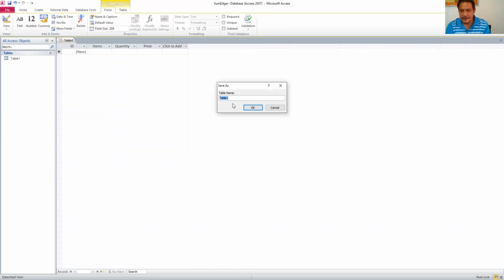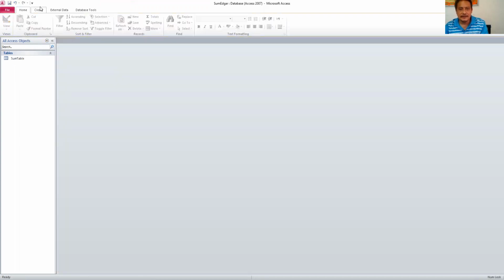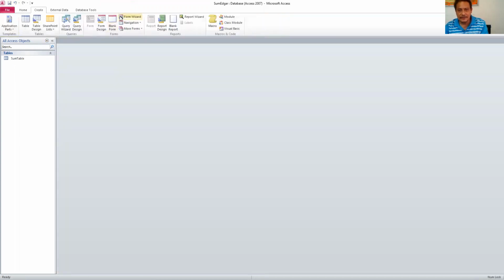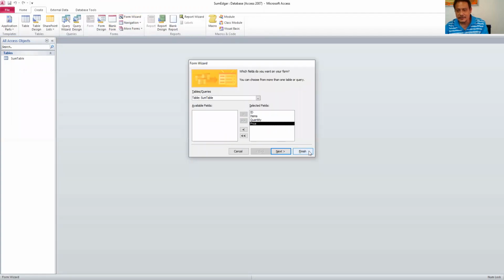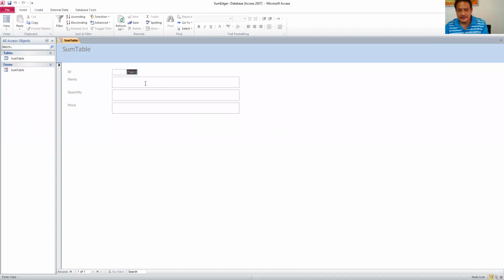I type there sum. Okay, table. Then create a form, click create, form wizard, two arrows and finish. Just type there the